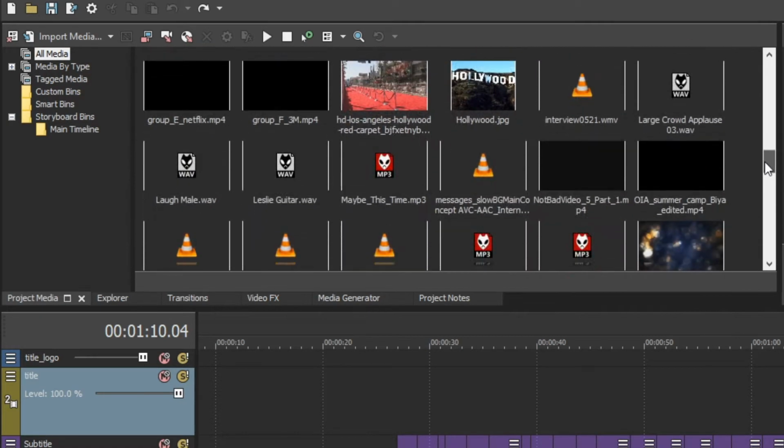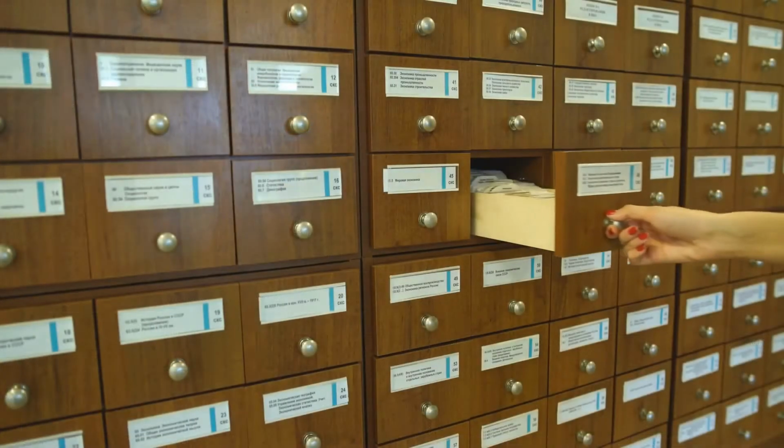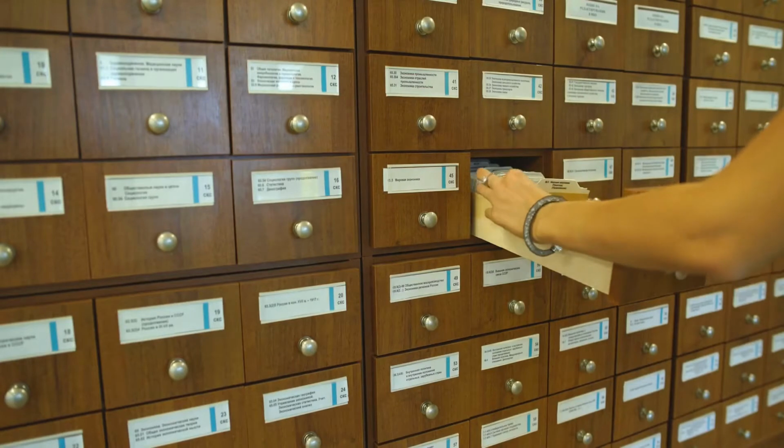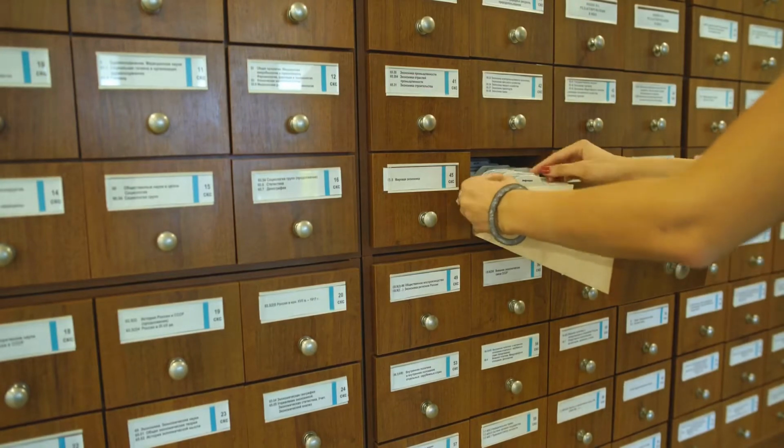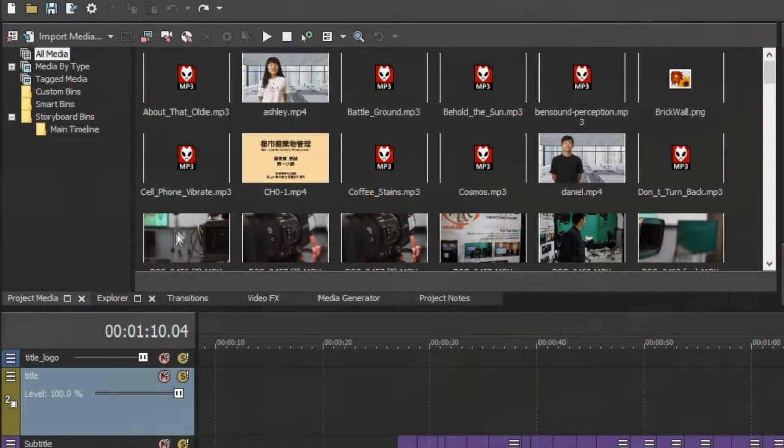Organization is a really important thing to keep in mind when editing. It will help you keep track of where your files are and which ones you've used, instead of having them all scattered throughout your computer. It's also very important for you to organize your project files into one destination folder as well, to make it easier for Vegas to find it when loading up a project.